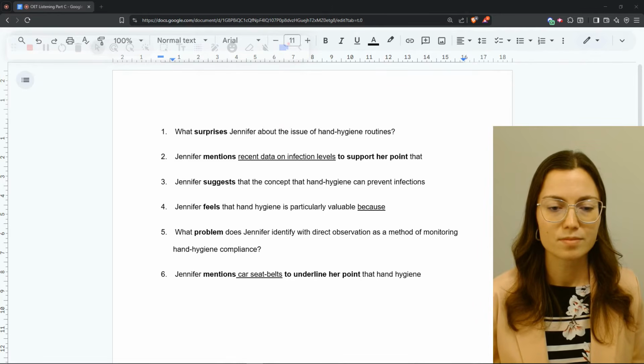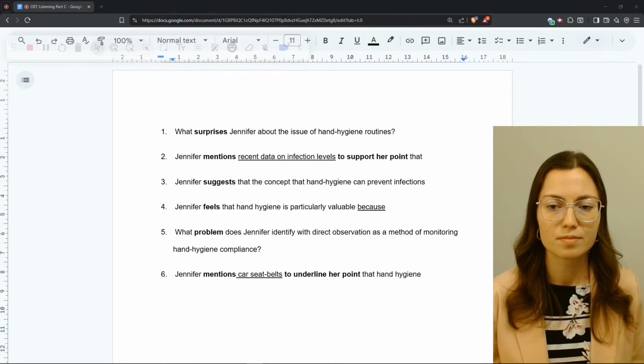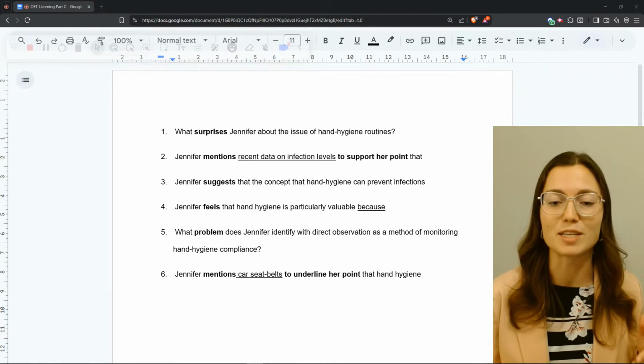We have valuable technologies and intricate tools at our disposal to prevent hospital-acquired infections, and yet such advancements can so easily be made redundant if healthcare workers don't toe the line and simply neglect to wash their hands. That doesn't sound like genuine advancement to me. One of the most valuable... Pause. That doesn't sound like genuine advancement to me.